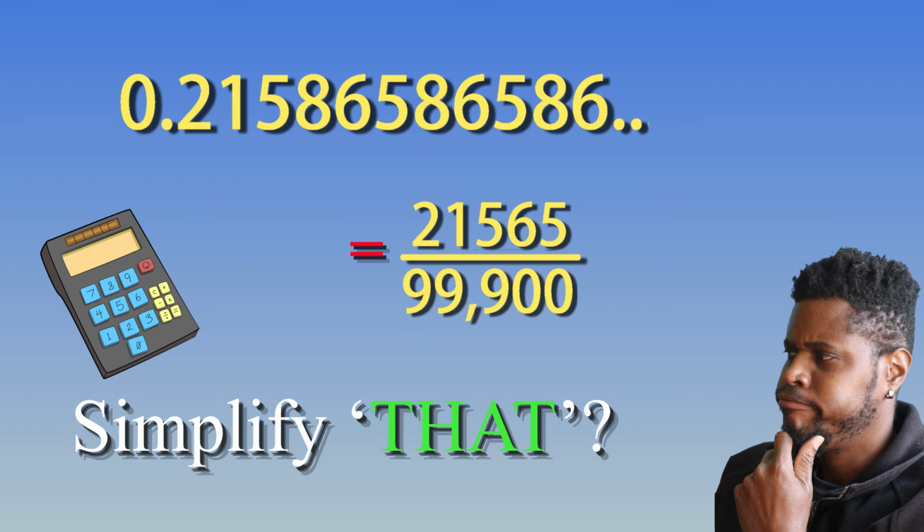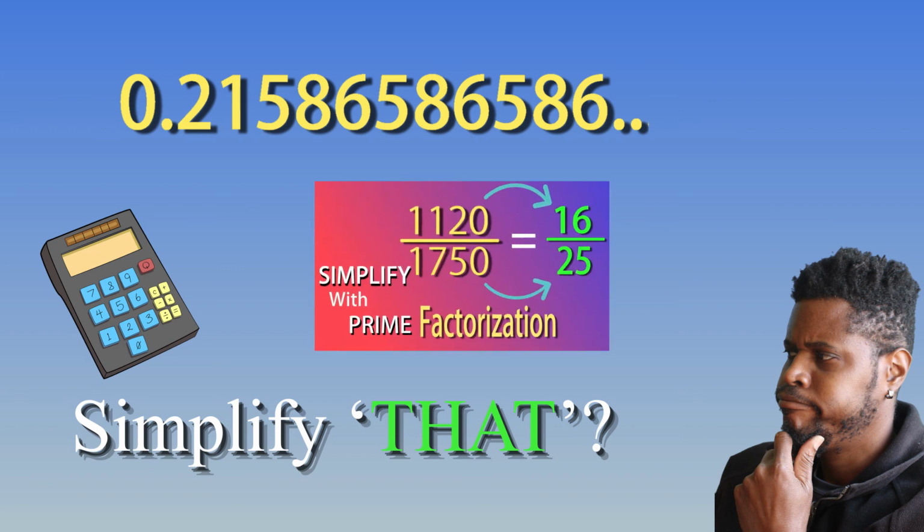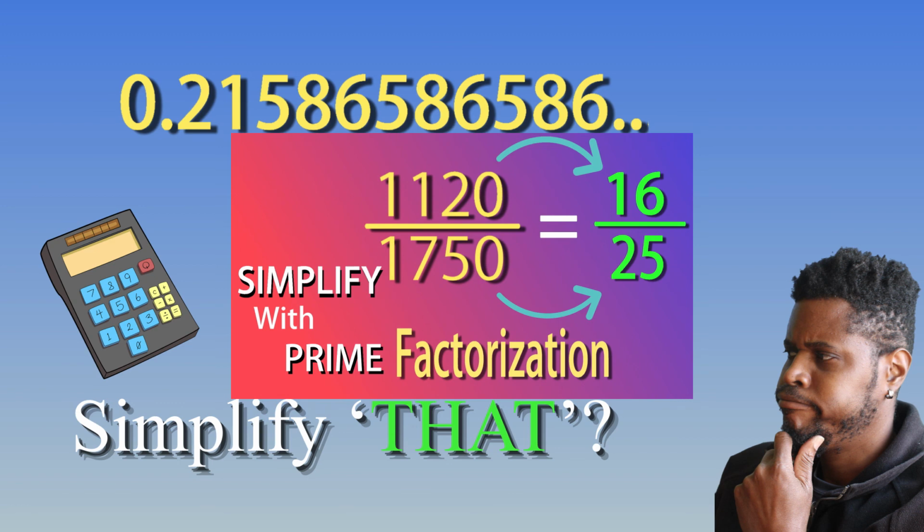I mean, the primary purpose of doing exercises like this is for you to be able to express the recurring decimal in terms of a fraction. So you can always use your calculator if needed. Of course, you could actually try to simplify these fractions just as an experiment for yourself to see if you could do it. It would be a good exercise to give you some practice. I've made another video that shows you how to use prime factorization and other methods for simplifying fractions, so perhaps you want to go and check that out for a refresher if you're going to attempt to simplify these fractions.